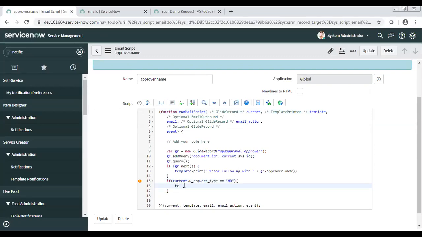So I will use the template function class to print it. Template dot print, and then let's say I want to say: this is an HR related request. Please do not share it across.